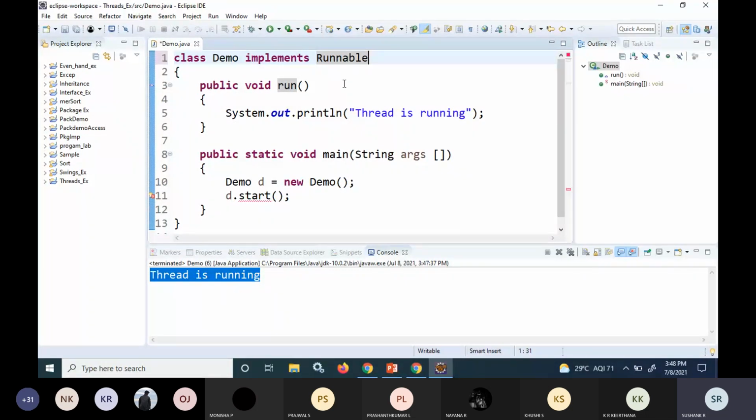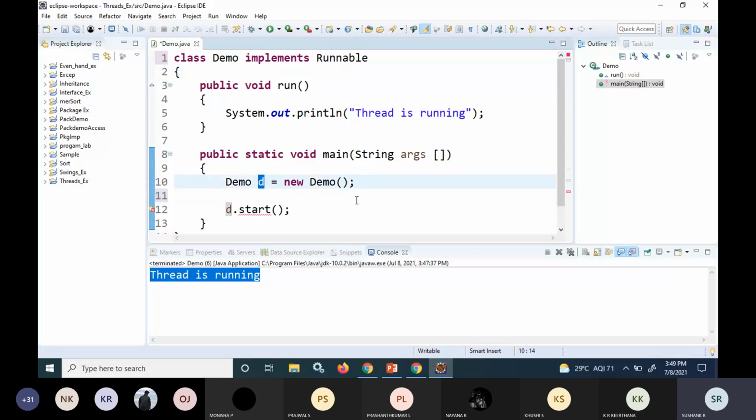So for this, what changes do you have to make? Apart from implementing the interface, you have implemented the run method. You have implemented the Runnable interface, and you have also created the object of this class Demo.